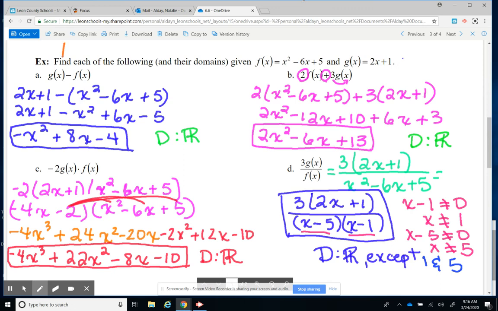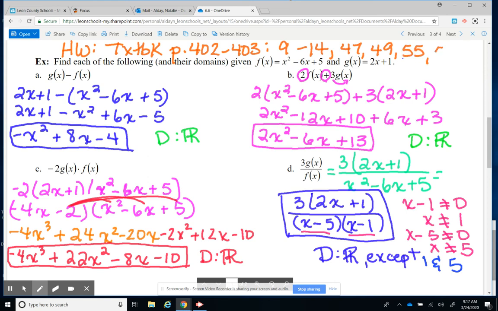I'm going to put homework, textbook, page 402 to 403, 9 through 14, 47, 49, 55, and 57. You want to go ahead and do that and show all your work, and then when you